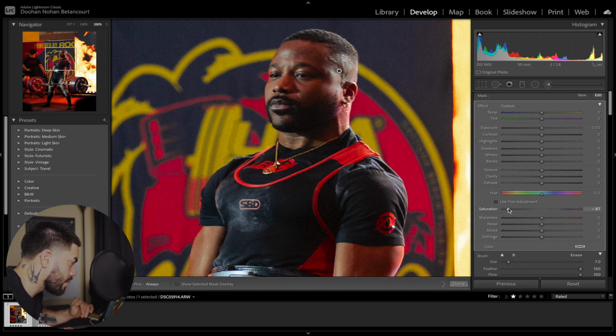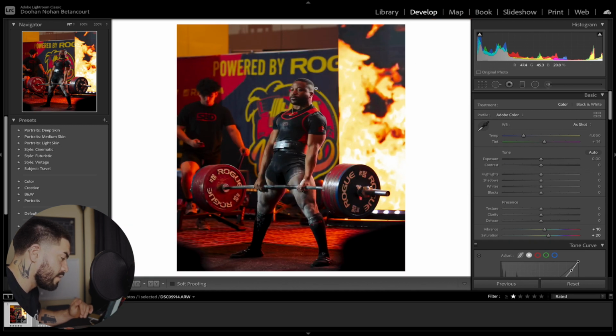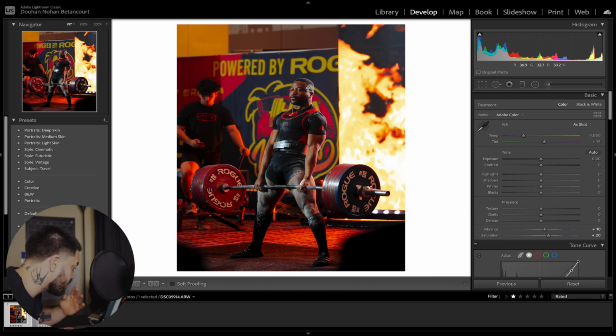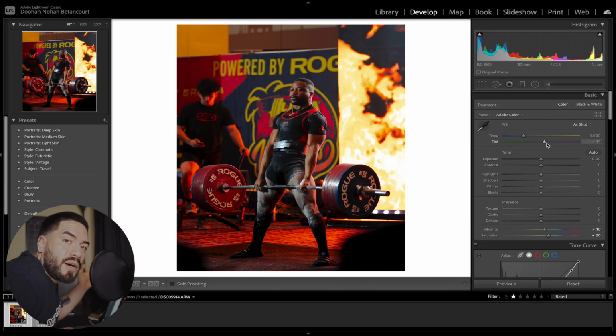Okay, that works. That works just fine. You can't even tell. So before, after, yeah, that whole red magenta right there was just throwing me off, but that's perfect. That's solid. But yeah, overall the picture looks pretty good to me. There's really nothing much else I would do to it, and I would make that a post-worthy picture. So picture 1 done. Basically that's really my approach to photo editing.